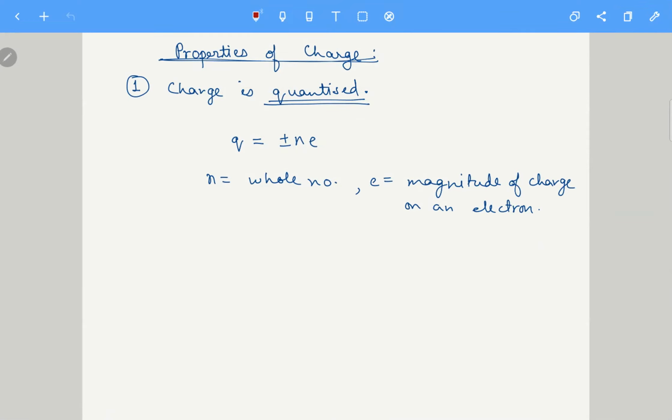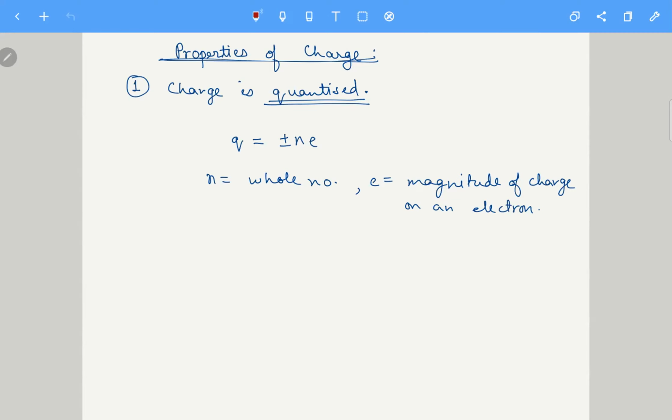In the chemical bonding chapter, we will study the section on resonance. There, we will represent charges like plus half and minus half on atoms. That does not mean that the entire molecule can have a plus half or minus half charge. The entire molecule will always have a charge of +1 or -1. The total charge will always be a multiple of electronic charge. This is always correct, except for the subatomic particles beyond electrons, protons, and neutrons.